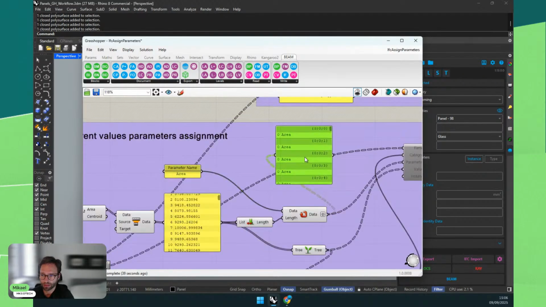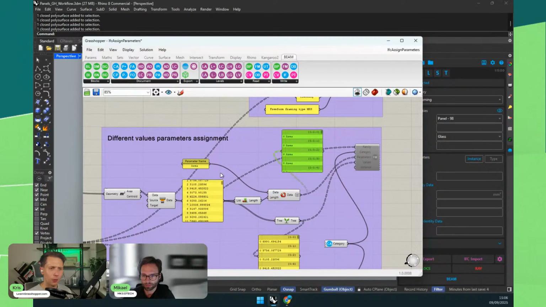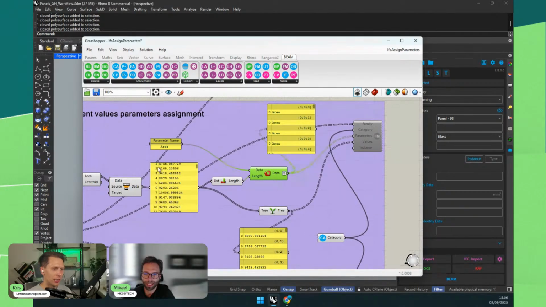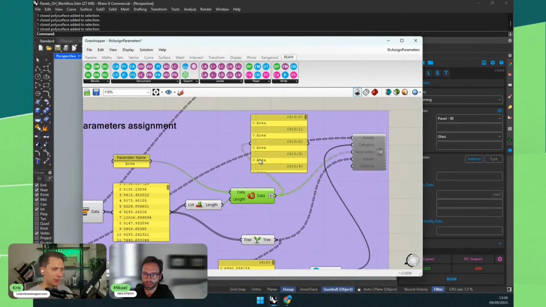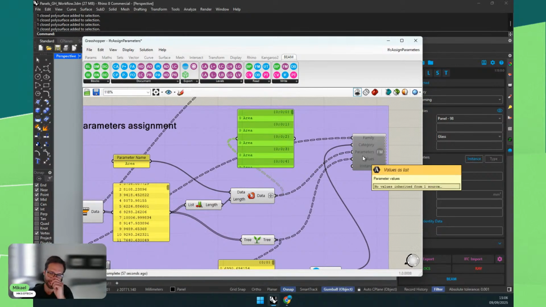You can just show what component that is, because it's a new component for Rhino 8, with data change, source and target to the left, since it is to change the units. Exactly. Since for each panel we need one instance of area. In case we have multiple parameters, you can also plug just one parameter name, but we want to duplicate this area for each parameter, so we can associate these as a grafted list. So area, because each panel will have one entry, and then all the